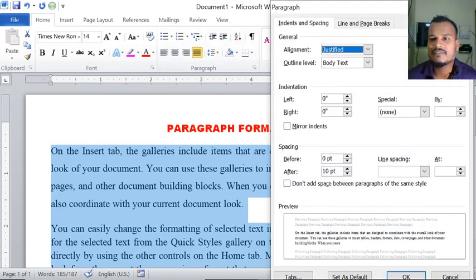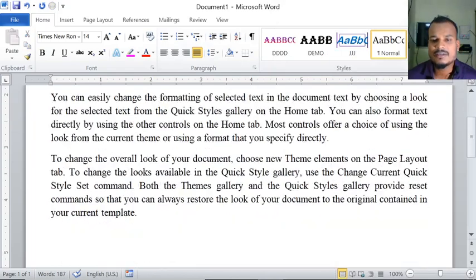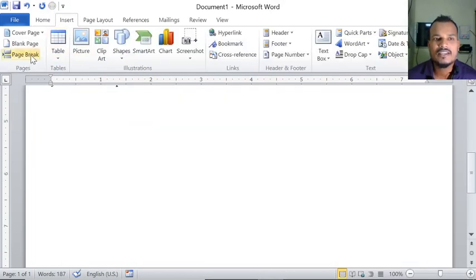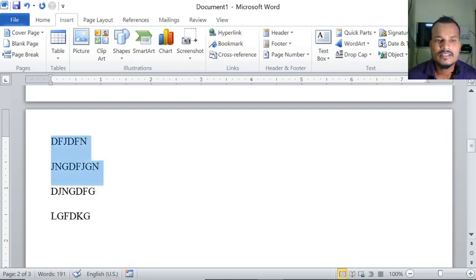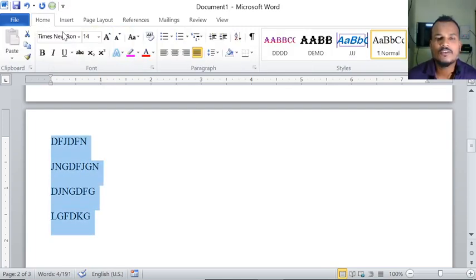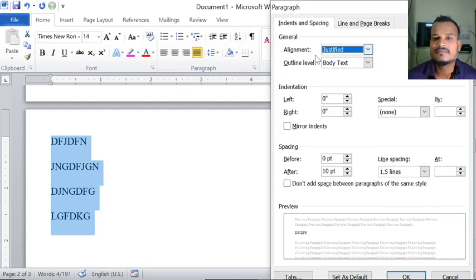To understand this concept very clearly, I will tell you. See here, for example, I have taken a small paragraph. Select this one, and in the Home tab, again go here to alignment. Now this paragraph is on which side? Left side.